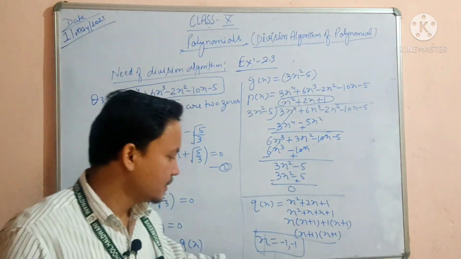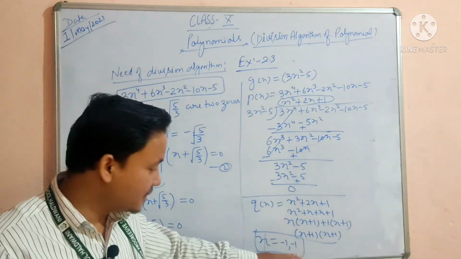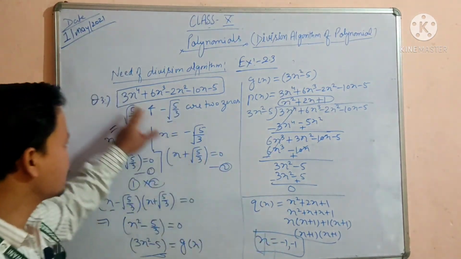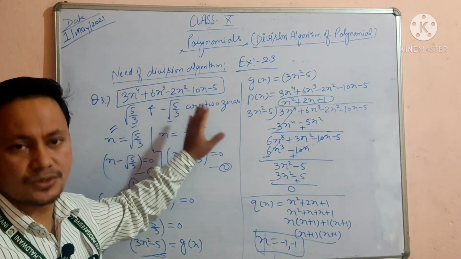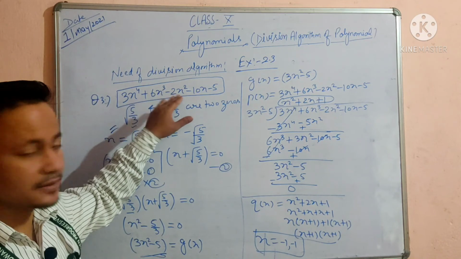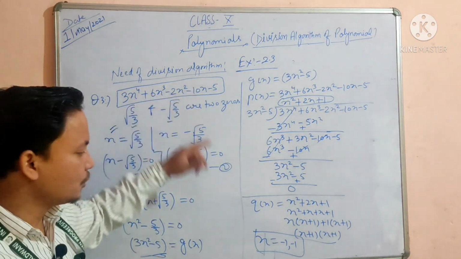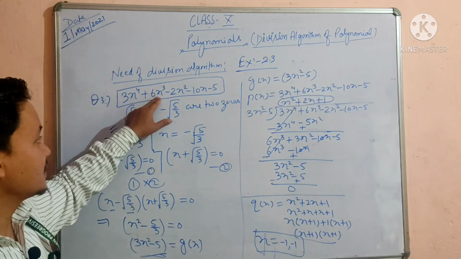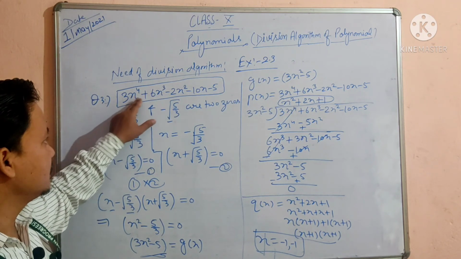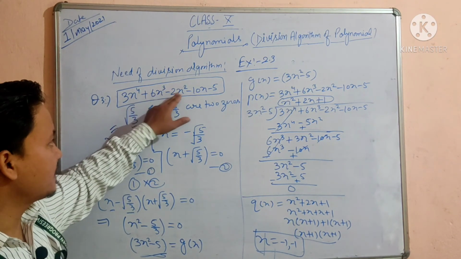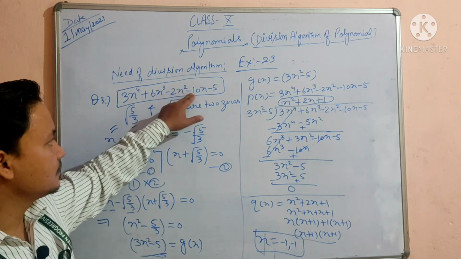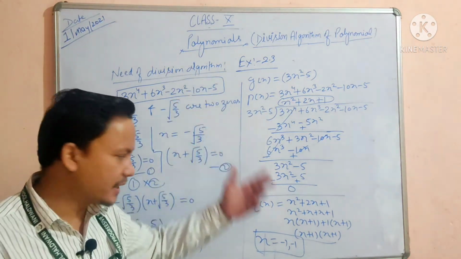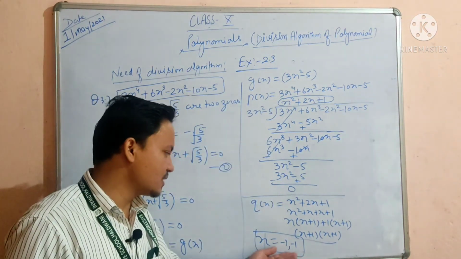You can also verify whether these zeros are satisfying this given polynomial or not. By substituting the value of x as minus 1 here, we have to get a 0. अगर x की जगह माइनस 1 यहाँ रखने पे, इस पॉलिनोमियल की वैल्यू 0 आए तो ही ये इसके फैक्टर्स होंगे. And you can check it. माइनस 1 यहाँ पे रखेंगे तो देखिए ये 3 होगा, ये माइनस 6 हो जाएगा, ये माइनस 2 हो जाएगा. 3 माइनस 6 कितना मिला? माइनस 3. माइनस 3 माइनस 2 is माइनस 5. ये प्लस 10 होगा. So माइनस 5 प्लस 10, that is प्लस 5. प्लस 5 माइनस 5 is 0. Okay, so the rest two zeros are minus 1 and minus 1.